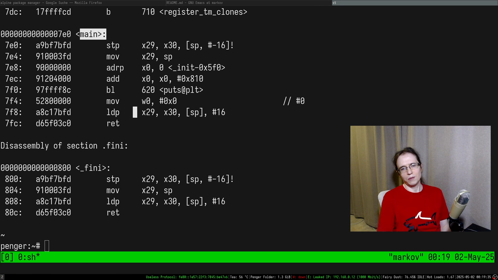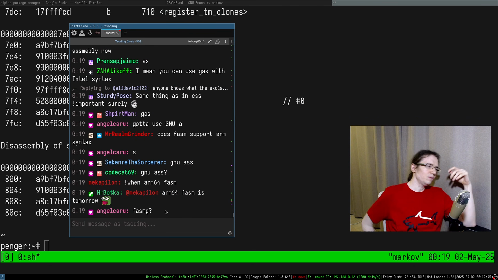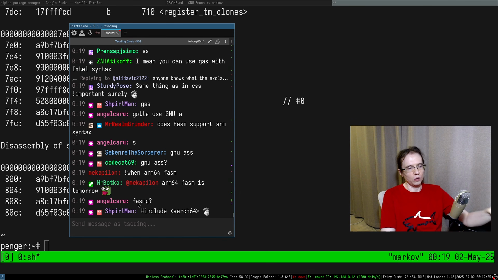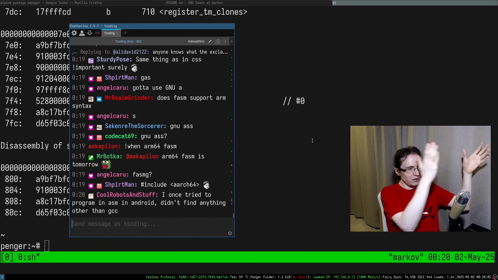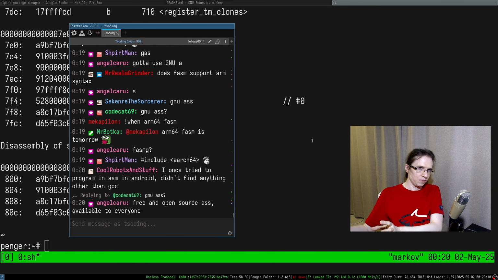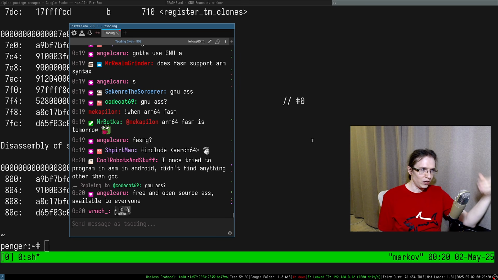FASM is a little bit complicated in the sense that the first version of FASM was purely x86-64 assembly. Then Tomasz Grysztar, the creator of FASM, created the second version of FASM, which is built on top of FASMG. FASMG is sort of like an engine for creating assemblers. Essentially, it's a meta language that lets you create different architectures as libraries. The idea was that x86-64 is going to be one library, ARM is going to be another one, and so on and so forth.